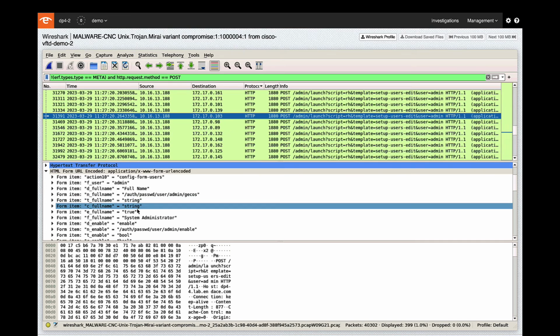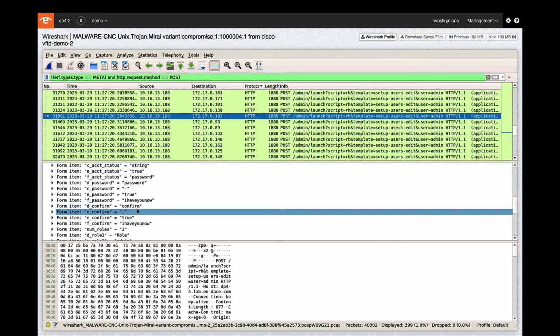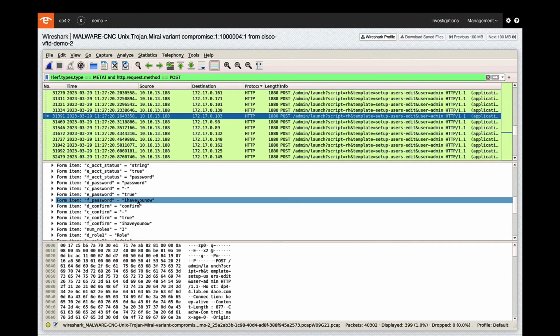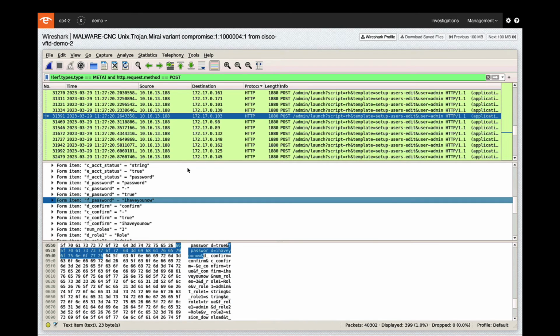form, where the malware is reconfiguring the device and changing the password. It's being reset to, "I have you now." We now have concrete, actionable information that allows us to quickly script and regain control of all of our compromised